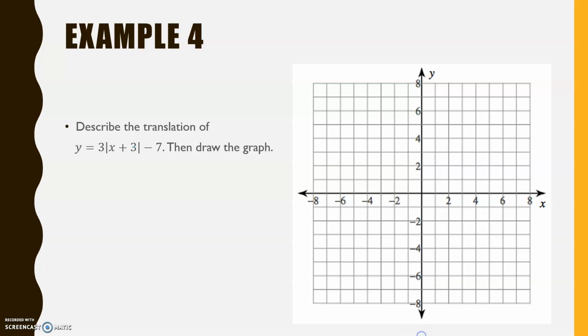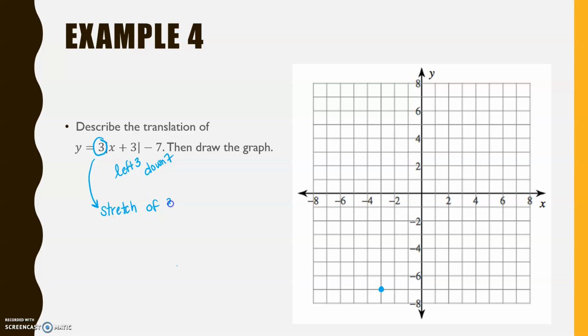So our translation here would be to move it left 3 because I do the opposite sign, and down 7. Right away I've already defined my translation. So I'm going to move left 3, down 7. The last thing I need to describe is, does it have a stretch or does it have a shrink? If I look at this number 3, and I take the absolute value of it, I get 3. So this would be, it's greater than 1, so it would be a stretch